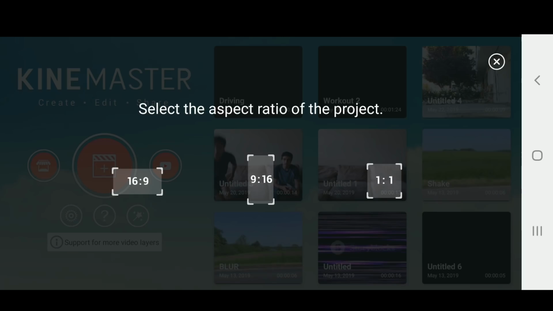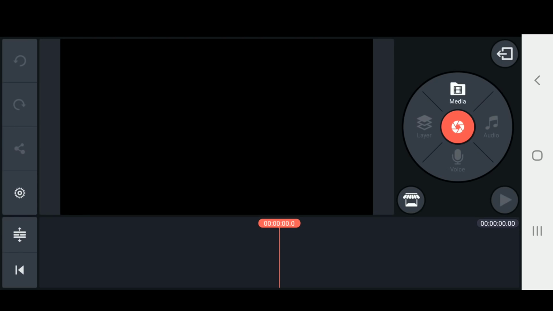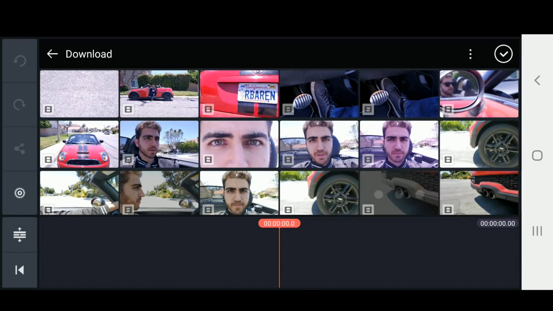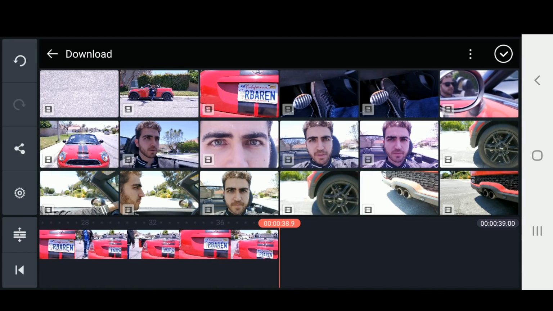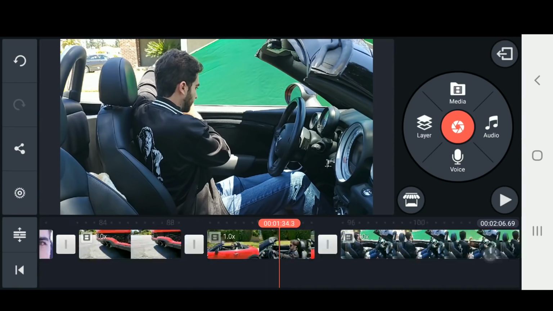Alright, let's get started. So once inside KineMaster, we're going to click on New Project and 16 by 9. Now we're going to choose our files. So I'm going to go into Media, and whichever folder all your files are in, go ahead and open it up. And I'm just going to select all my clips. In this driving video, I definitely took quite a few, so I'm going to bring them all in